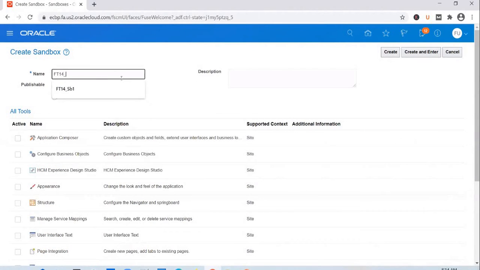It's called FP14 sandbox 1, and I want to make appearance related changes. I have two options. I can create a sandbox, or I can create and enter into the sandbox mode. So click on create and enter.